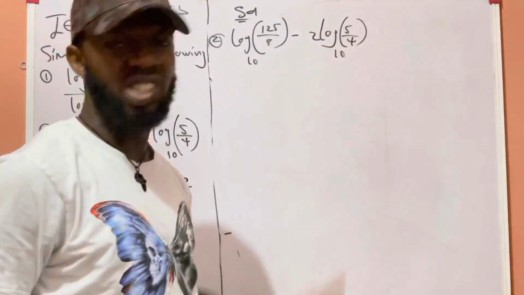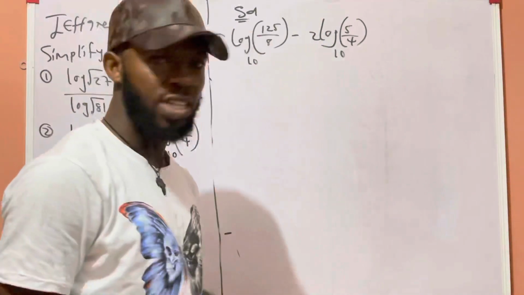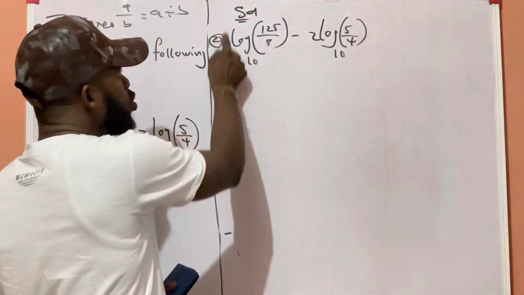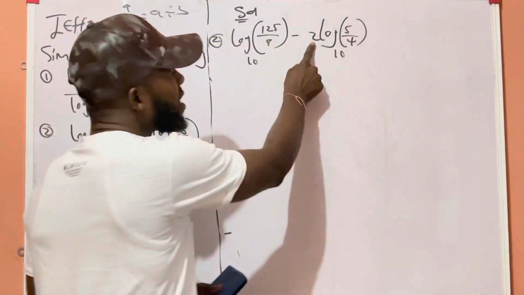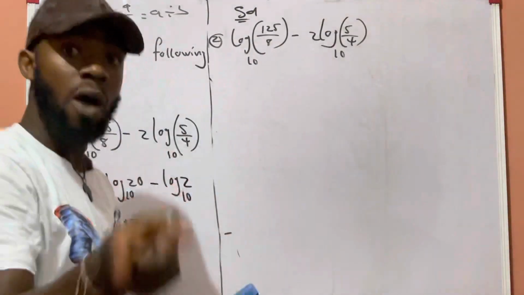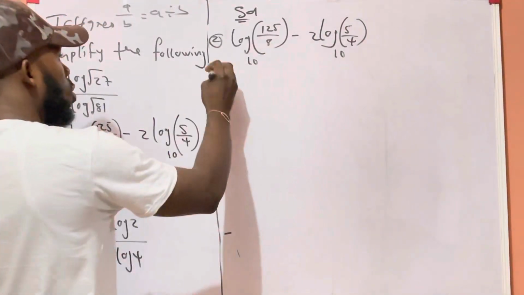the base. Are the bases the same? Now the bases are the same, base 10, base 10. So what is the next thing you do? These two, you will see that there's no number at the back of log, but there's a number here too. So what happens? The 2 goes back. Now when the 2 comes here, it becomes a power again. So here becomes log